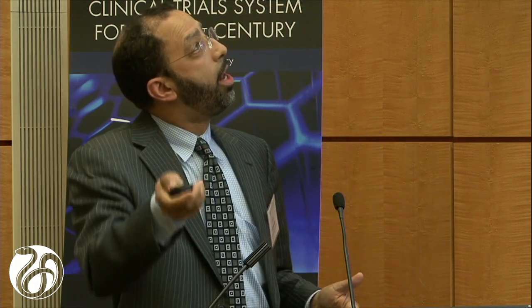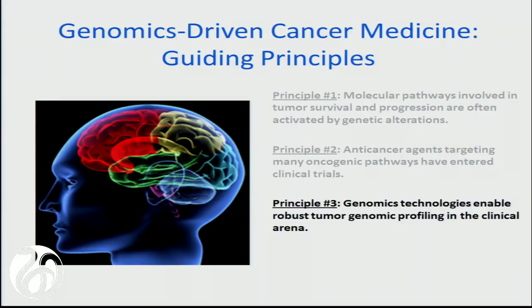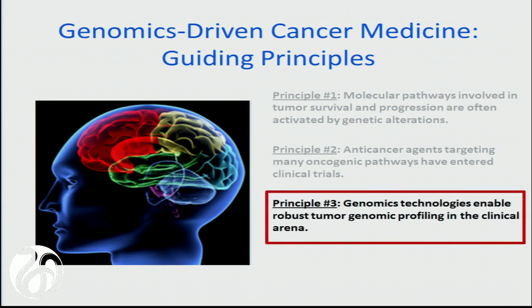And the third one is that we now have the technology to look for these alterations, thereby matching the right tumor to the right drug, at least in principle. So the genomic technologies have advanced to the point where it is possible to do robust genomic profiling in the clinical arena. And so the nature of that shift can be illustrated by comparing what we currently would do in